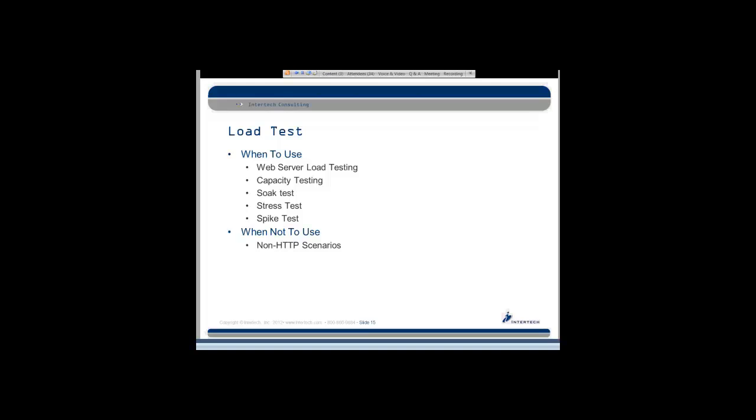Okay. And then for the demo part, I'm going to bring the load testing into this as well. So load tests are good for web server load testing. So whether that's a web server or web services that you're testing, it's good for that. It's good for things like capacity testing. How many